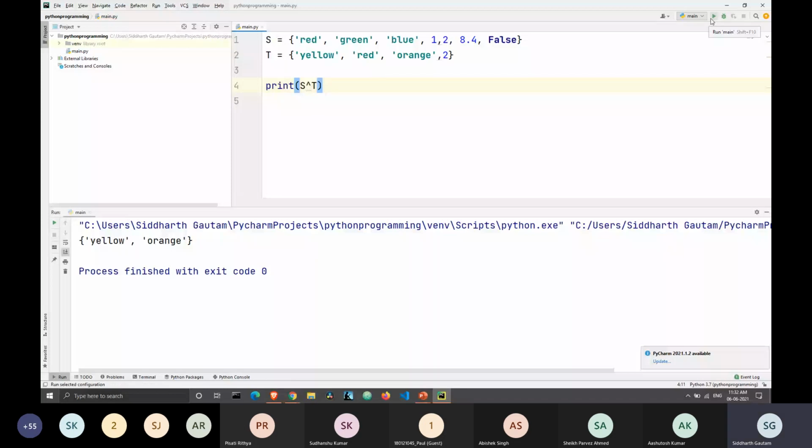Okay, and now we'll print this. As you can see, I have printed all the elements both in S and in T, but the only elements that didn't get printed are the ones which were common in both S and T. Right? As we have seen in the last 3 operations, the elements which are common have played a large part in our description. So this is the main function of a set.